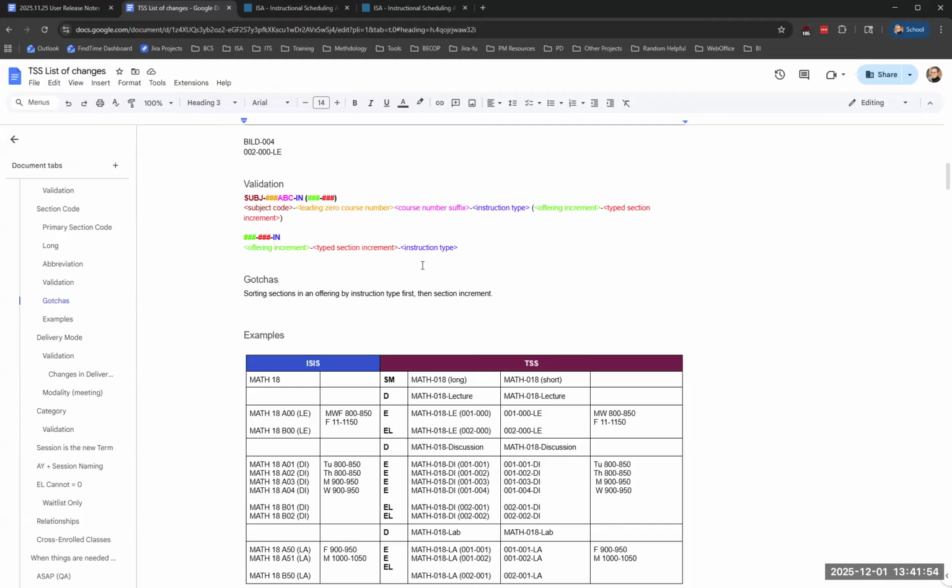At some point there will be some training materials sent out, I believe, by the TSS team. So hopefully they will also have these sort of translations for you, probably in a much easier to read format than what I have here, because they specialize in that. And I'm just trying to make sure everyone knows how to use the ISA. But those are probably the biggest changes that are going to be the hardest for us to make an adjustment for. So going back to the ISA,